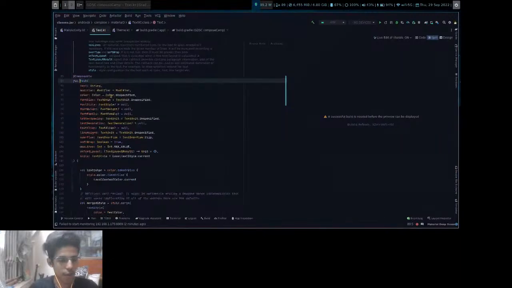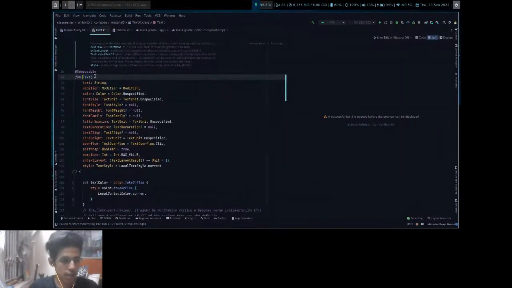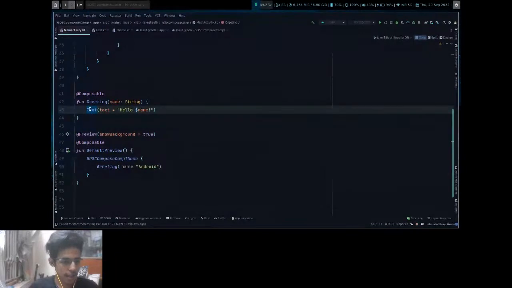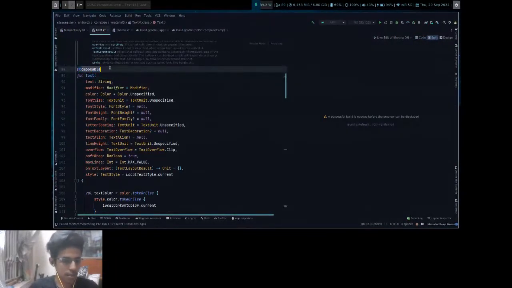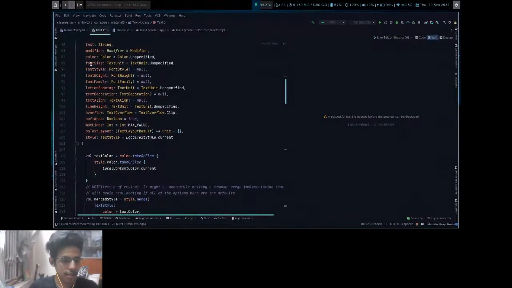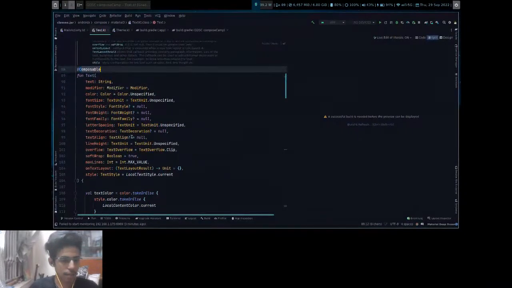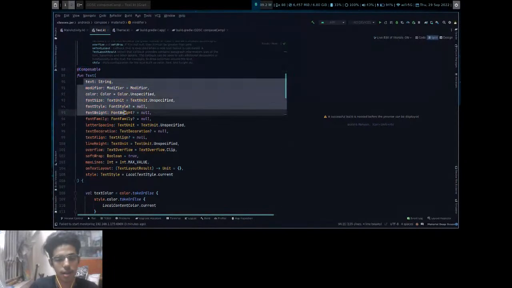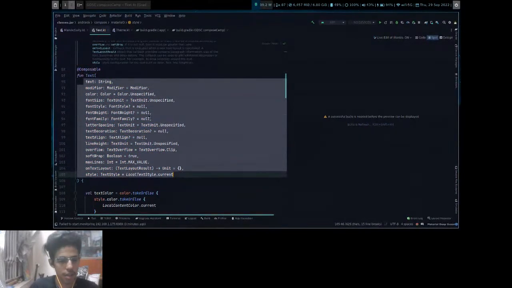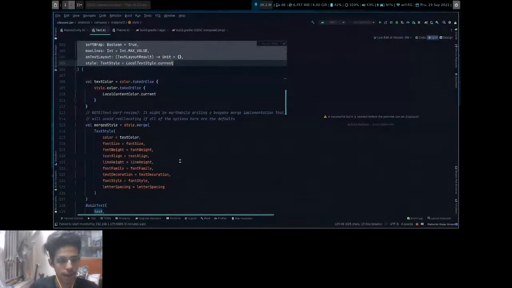This can be a bit overwhelming, but as you can see, even the text composable is actually a composable in itself. This is made by Compose, using Compose. So we can see what things are provided that we can use here, and how it is being made, etc.